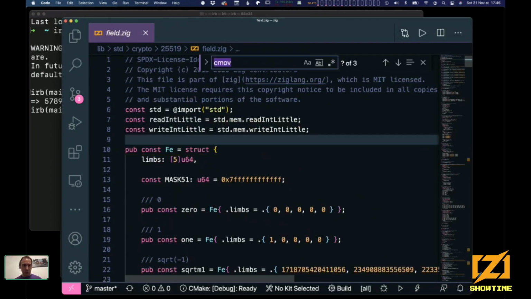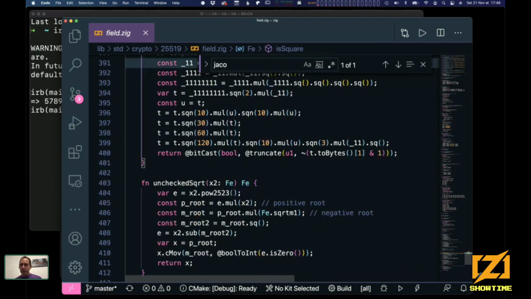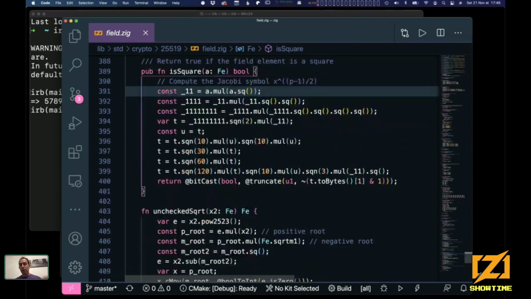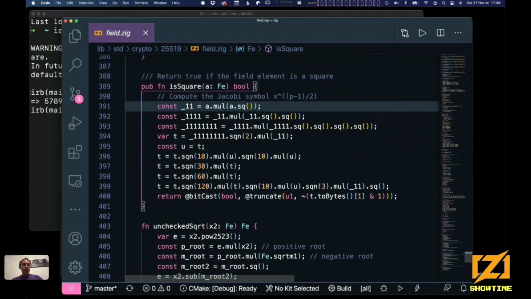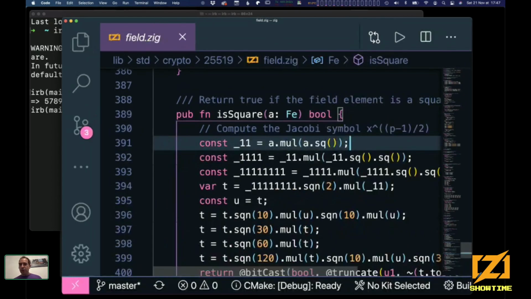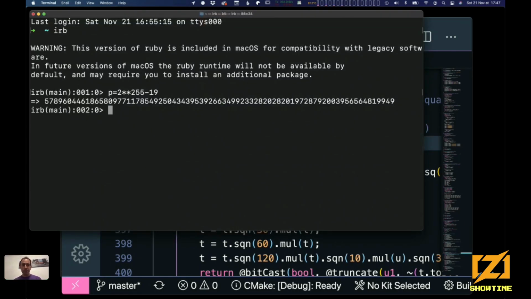Here, if I look at the Jacobi symbol, okay. There is a technique that I'm not going to talk about to quickly check whether a number is a square or not. And in order to do so, you compute what's called the Jacobi symbol. And this is what we do. So to check that x is a square, you just raise it to p minus 1 divided by 2. Okay, so this is another case of an exponentiation that we already know about before, so we can optimize for it.